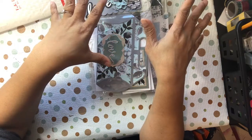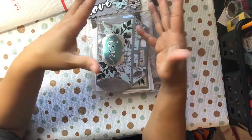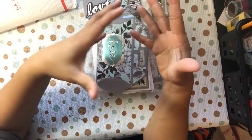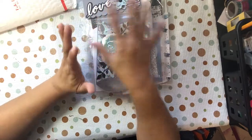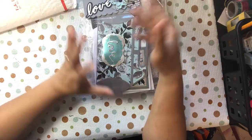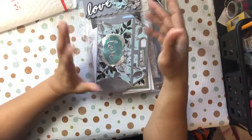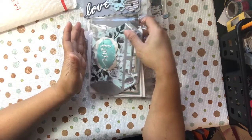Apologize for the sound in advance of the crinkling of packaging. I love that sound, but I know some people have sensory issues, so I do apologize in advance. I didn't want to go through it and mess it up. Because they took the time to creatively decorate the bags, I wanted you guys to be able to see how they decorated it before I ripped it apart. Sometimes I'm a little heavy-handed, so I didn't want to mess it up without you getting an opportunity to